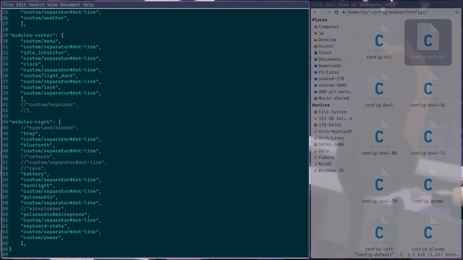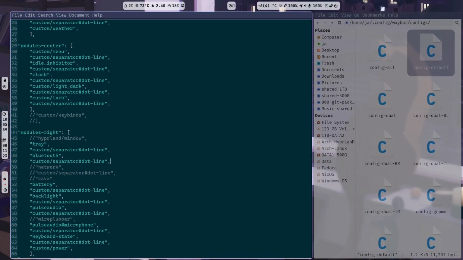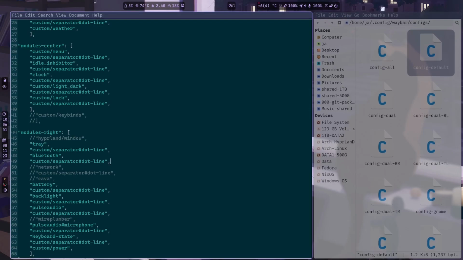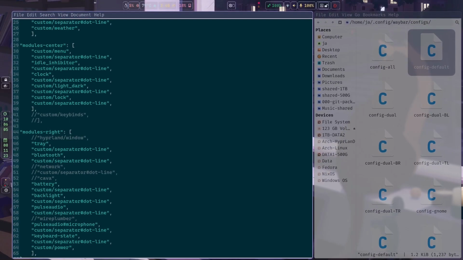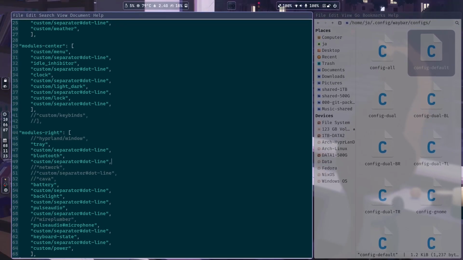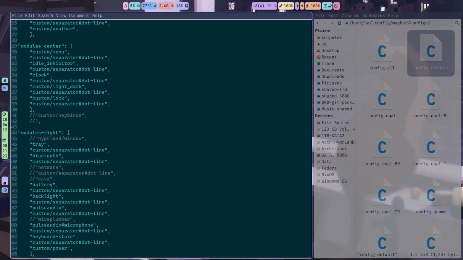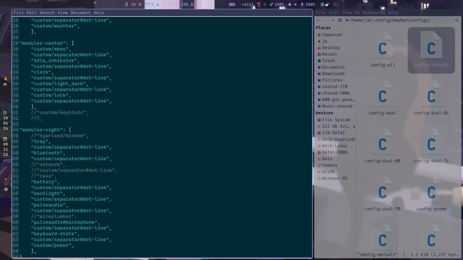Now the good thing about my dots is it will stay in there. The styles will always stay in there until you change it again. That's why I created this symlink, so it's easier for the system to know which one. Alright,